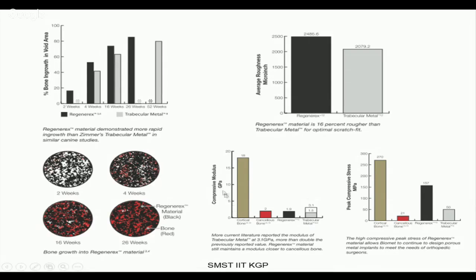So you can see the cortical bone has a modulus of about 20 to 30 GPa, and the cancellous bone has a modulus of 0.5 to 1 or 1.2 GPa. So Regenerex has a modulus of about 2 to 3 GPa, and trabecular bone is in a similar range. So you can see that they have nicely matched the modulus, and eventually this reduces the stress shielding effect for